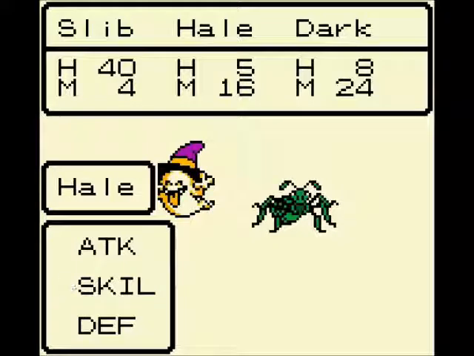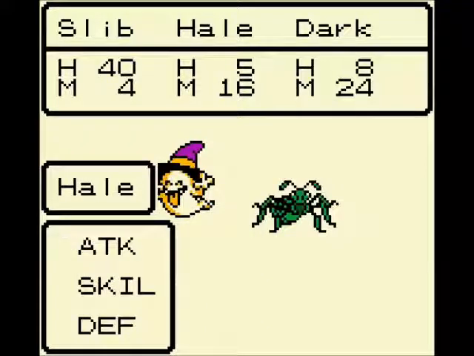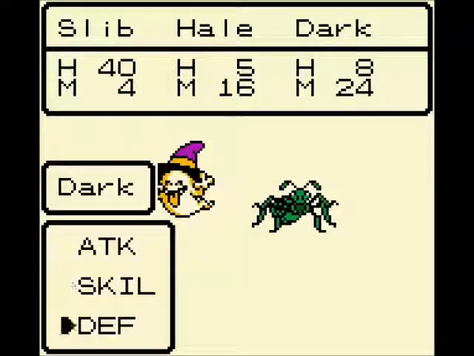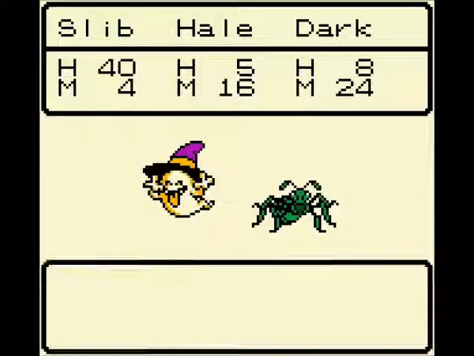Okay, I need Hail to cure. And yeah, so this is what I was talking about, where when you're in a tournament, you cannot specifically tell the monster whether you want him to attack, defend, or use a certain skill. But in the case of just walking around a Traveler's Gate, you have full command over what exactly you want your monsters to do. So when you choose attack, you can actually have them attack a specific monster as well. So if I want to take out the army ant first, I could have Dark...